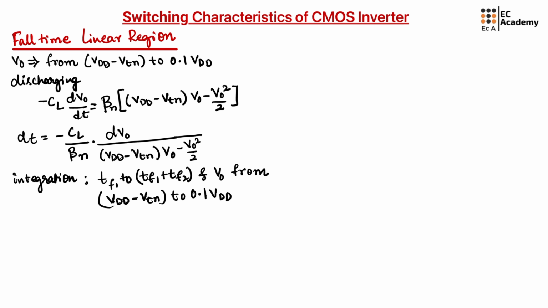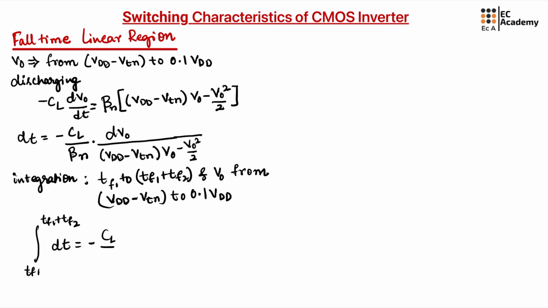So why have we taken this limit for voltage? Because in the linear region the voltage drops from VDD minus VTN to 0.1 VDD. So we can write the above equation as integration from TF1 to TF1 plus TF2 of dt equal to